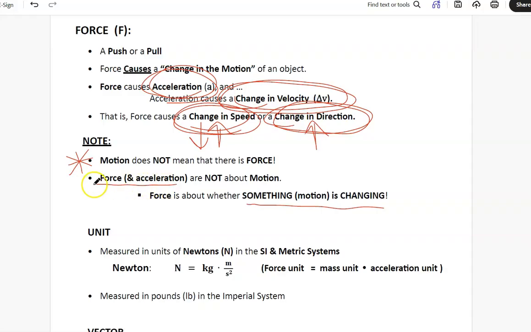And the same is true of acceleration. Acceleration and force are not about motion. They're about changes in motion. That's how you know there is a force, or a net force, acting on something. In other words, after you add up all the forces, if there is anything left over, that will cause the object to change its velocity. It'll change its speed, get faster or slower, or it will change its direction. Okay, so